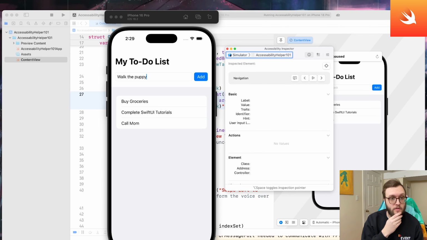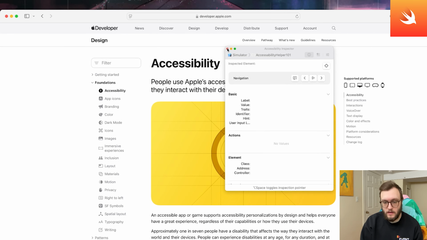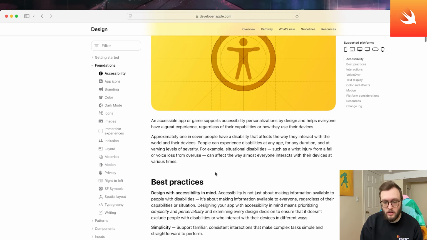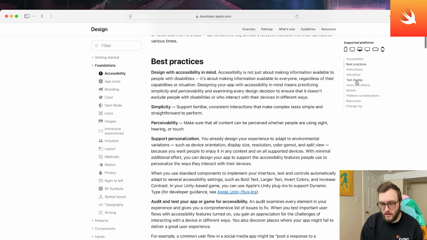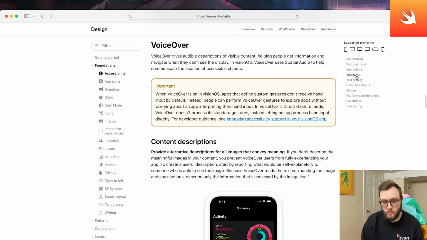So I want to talk about some best practices for real world apps. If you're applying this to your application, make accessibility a priority from the start. Don't wait to the end to add accessibility, bake it into your design process. Use Apple's accessibility guidelines. That's what we're talking about at the very start. In the case of the accessibility here, you can scroll down. There's some best practices. Even on the right here, when we're talking about voiceover, which is what we really focused